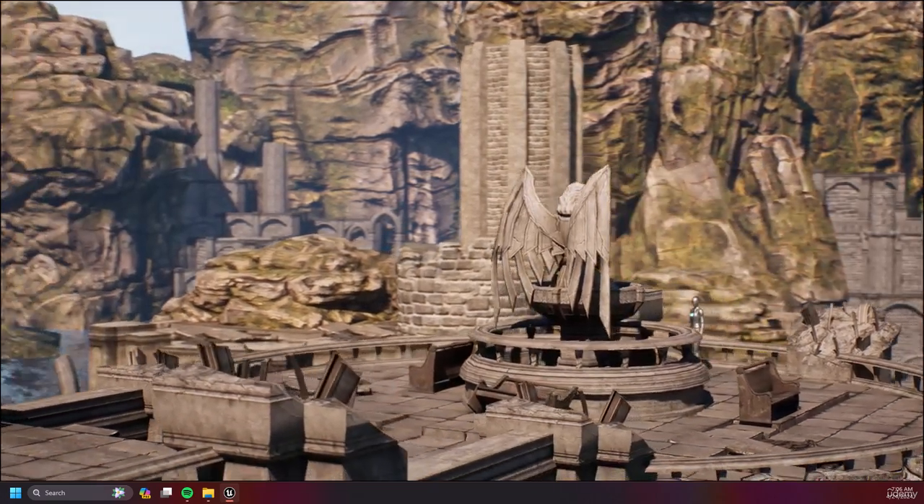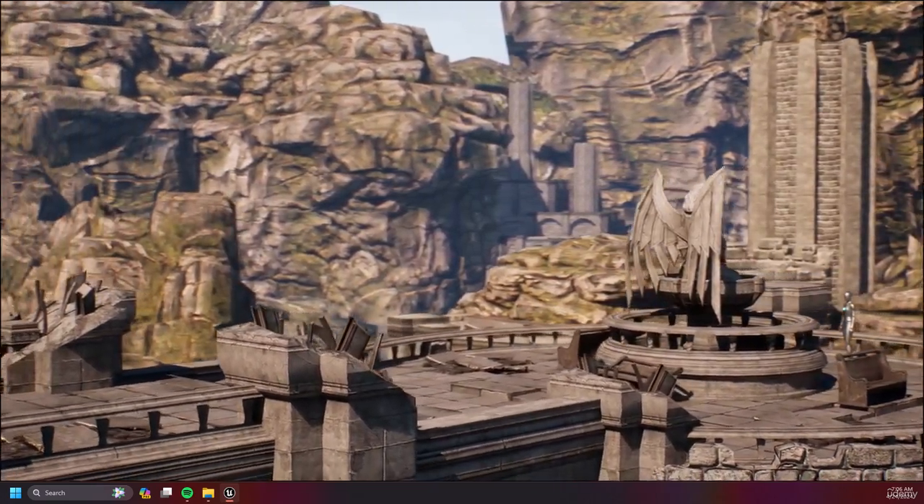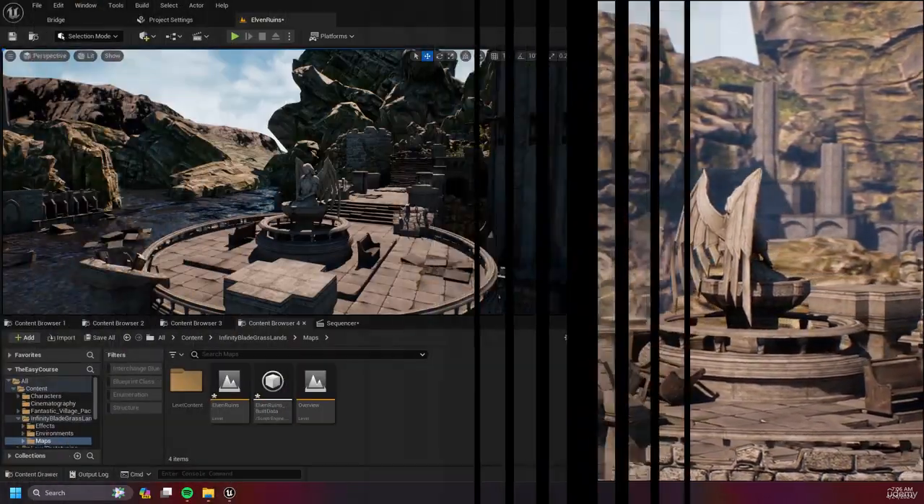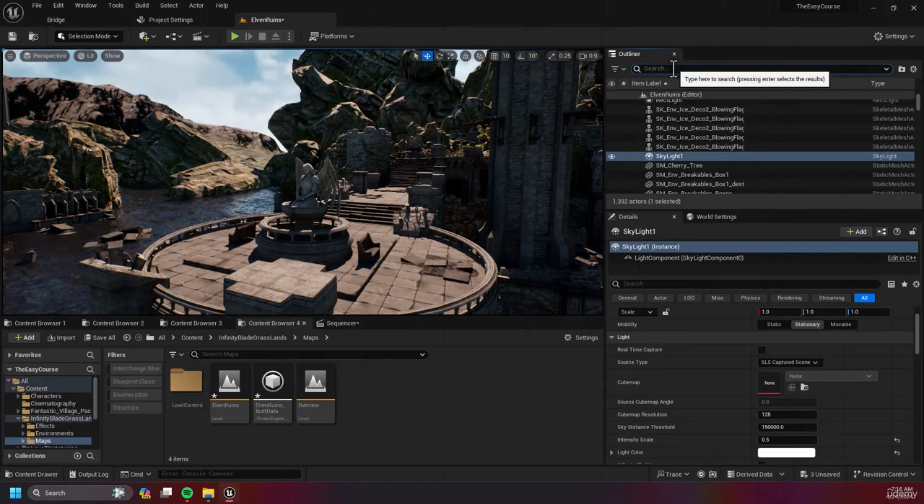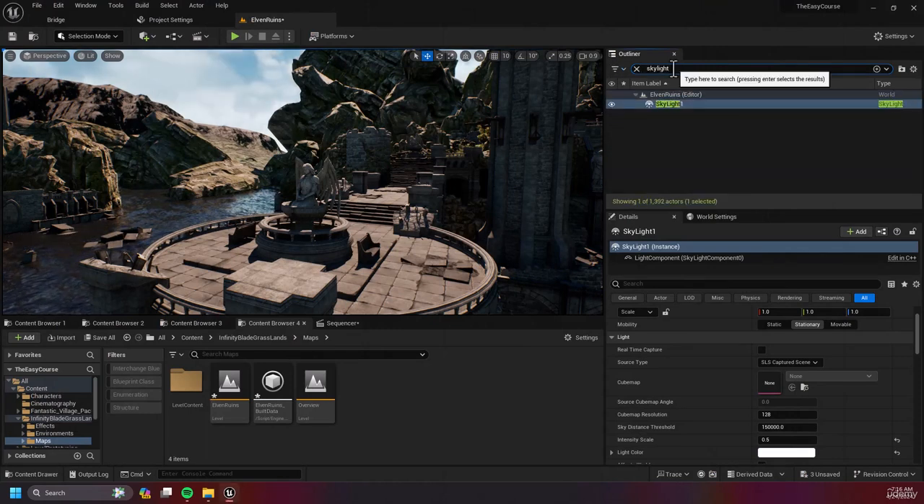So, let's begin. Skylight already exists in this level. Let's find it. Here are its details. The first checkbox is responsible for enabling or disabling real-time capture. It's like having a magical tool that brings your scene to life with dynamic environment lighting and shiny reflections, all